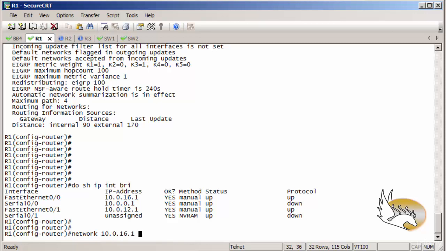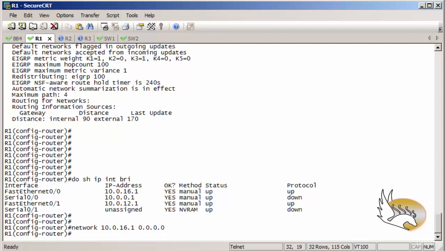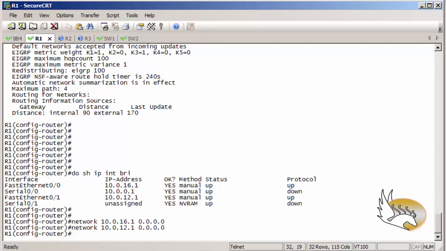10.0.16.1, and I want to add 0.0.0.0 to this, and the range will contain only one IP address. So I hit enter, and now this is the first interface that is assigned to the EIGRP process, and it starts sending hello packets to the subnet of 10.0.16 to see if there is another router in the EIGRP process. Okay, now I want to add the second network,